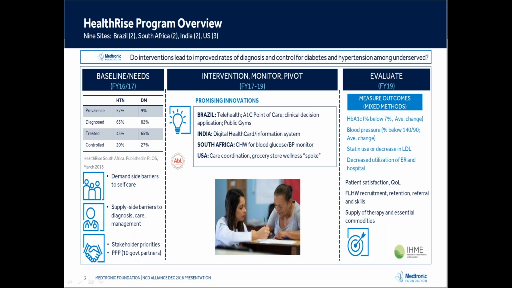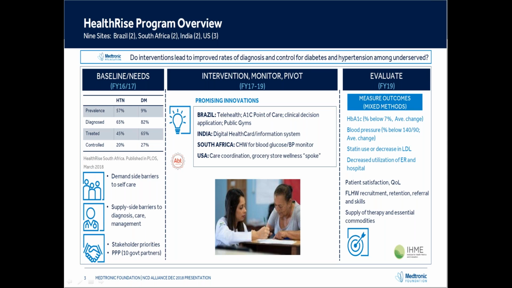We've published those in the case of South Africa and the US. And we looked, through qualitative investigations, at demand side barriers to care, and also, through quantitative investigations, at supply side barriers to care, which often included the level of stock and supply available in each of the facilities at primary care levels, and then